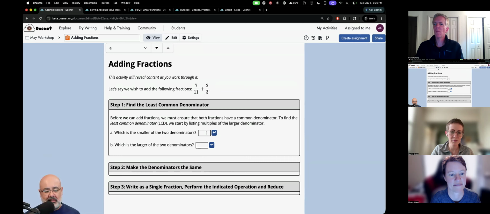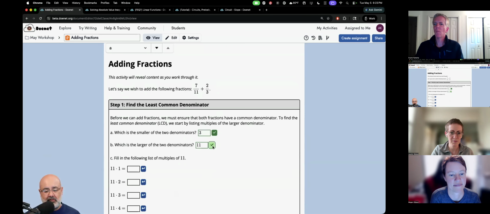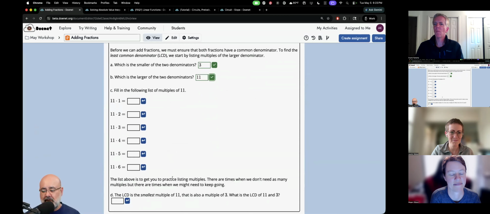Well, first you need to tell me which is the smaller of the two denominators. So you see, okay, it's 3, and the larger one of the two is 11. And once you've done that, then I will ask you more questions. But unless you've answered that question, I'm not even going to take your focus away from just the tiniest morsel of whatever the task is requiring. And Doenet has wonderful components in terms of how you want the information to be presented. So you can say, okay, show the whole thing at once, don't hold anything back,